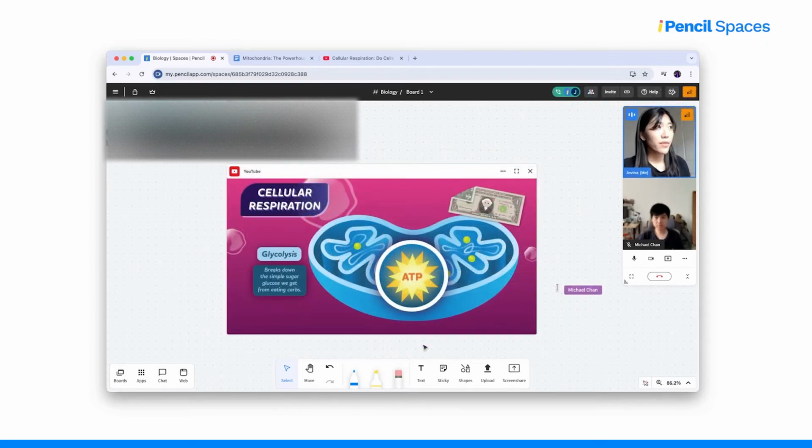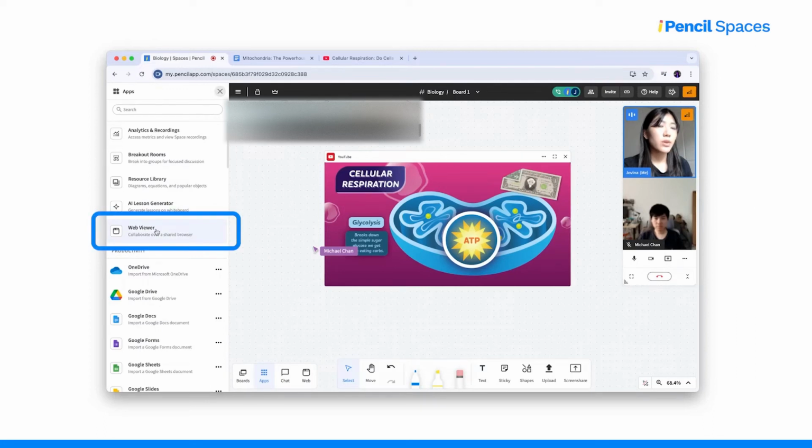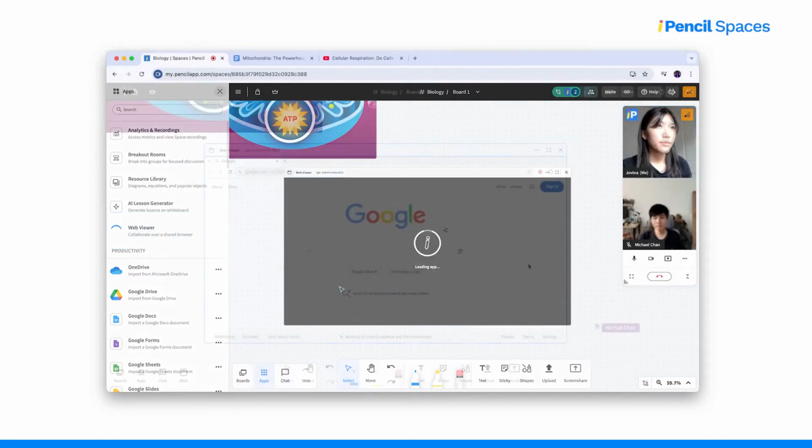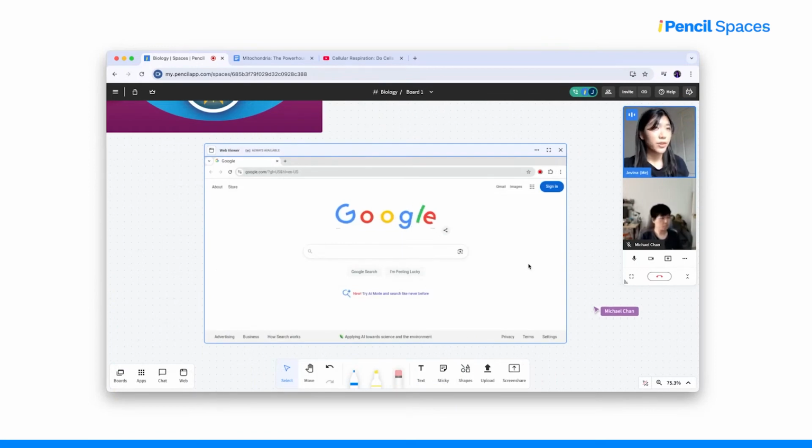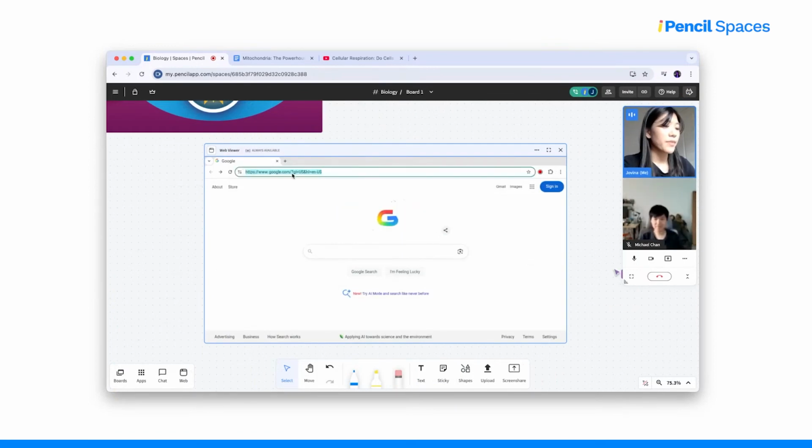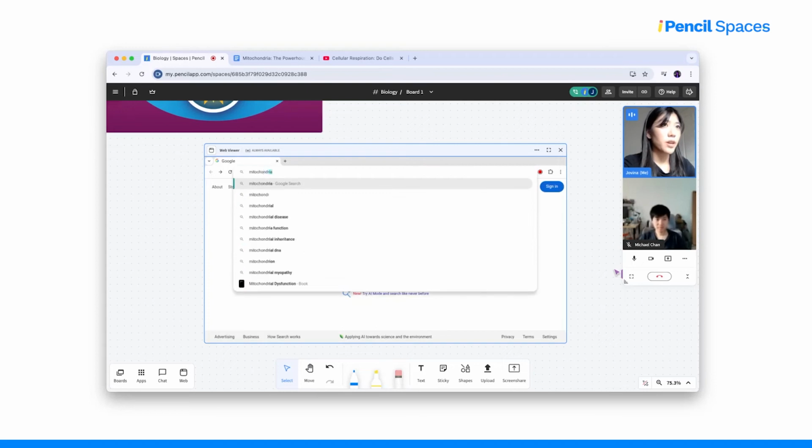If you can't find your favorite tool here, you can use our collaborative web viewer to co-browse with your students. You can click the web viewer in the top section of the apps panel here. The web viewer works just like a regular browser and you can search up anything you want on the web. For example, if I want to search up mitochondria,